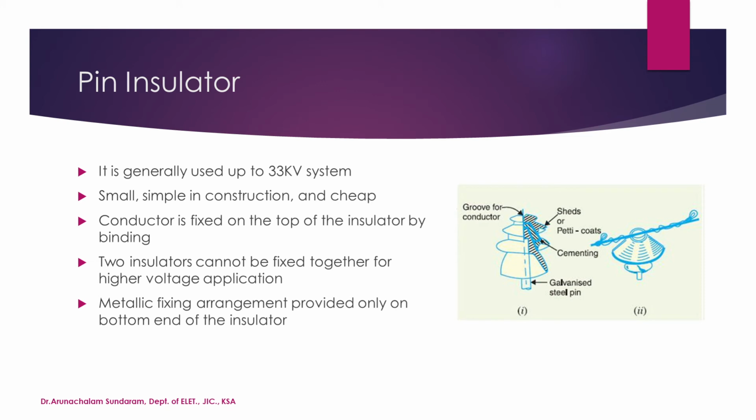Now what is this pin type insulator? I have told you this is for medium voltage, simple in construction, and very cheap. The conductor is fixed on top. This is the space for the conductor. And two insulators cannot be joined together. This is the disadvantage. It is manufactured for only one voltage level, and you cannot make it into a string. If you want to manufacture this for higher voltages, it becomes very costly. So this is the reason why they prefer pin insulators only for